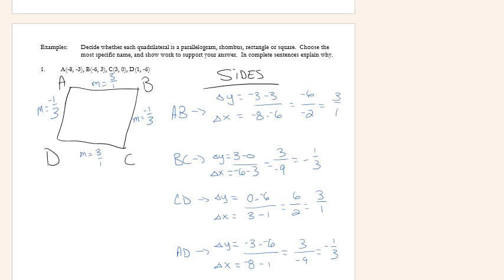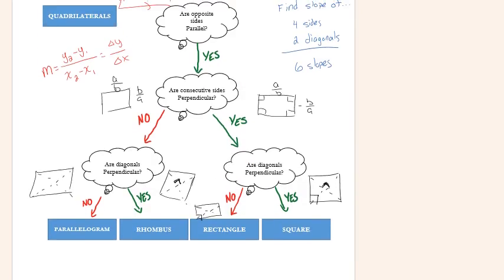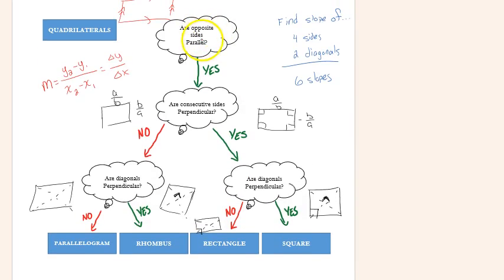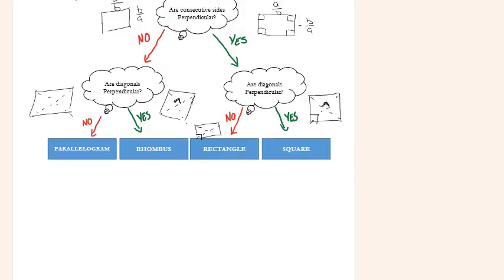So to start, you find the slope of the 4 sides. We should get that line AB is a slope of 3, line DC is a slope of 3, AD is negative 1/3, BC is negative 1/3. So the first question was, are opposite sides parallel? Yes. Are consecutive sides perpendicular? Well,